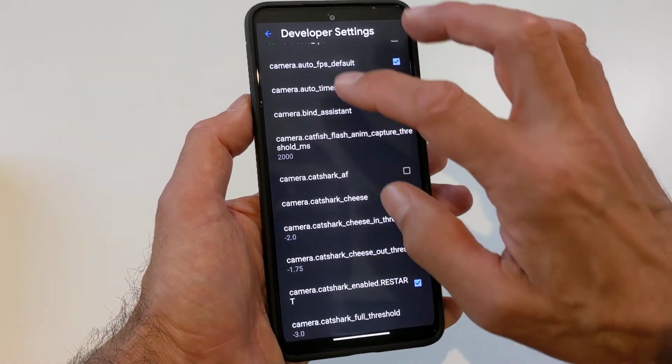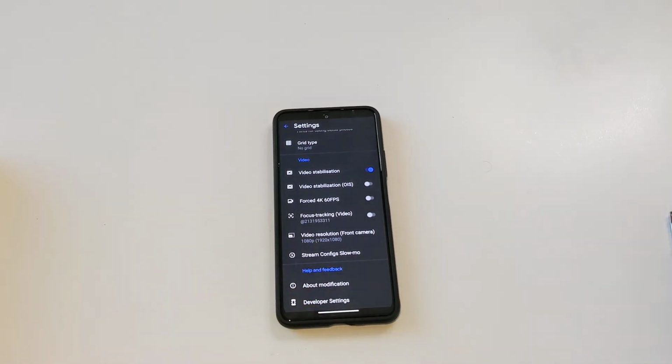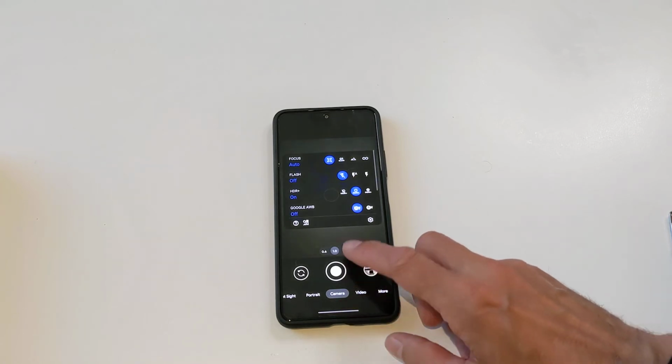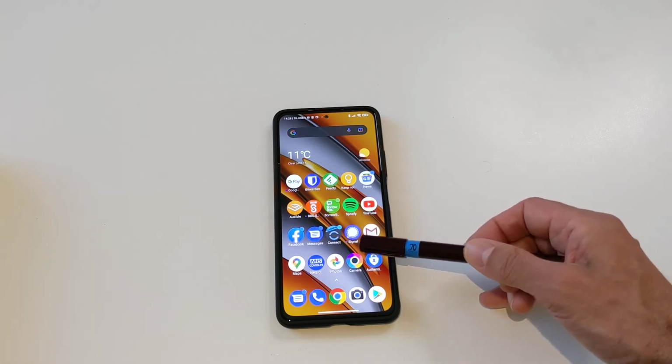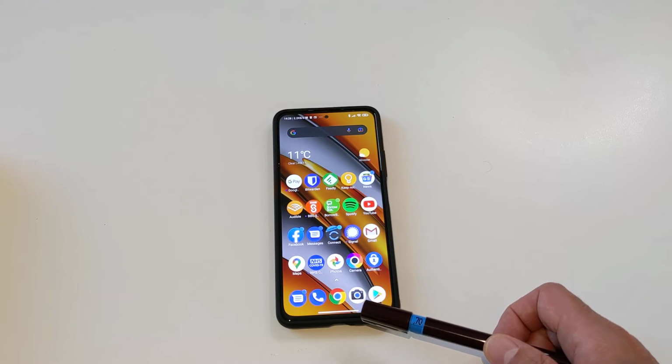Now, these are all settings you can't set in the normal Google Pixel camera app if you have a Pixel phone. So ironically, the Google Pixel ports give you a better Google camera experience if you know what you're changing than the actual Pixel phone itself. But just as the main thing to note is that, of course, you get the Xiaomi camera app, which is here. But I've installed, very quickly by Googling and searching, one of many version 8 Google camera apps for